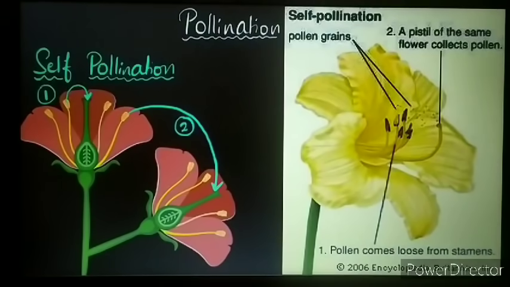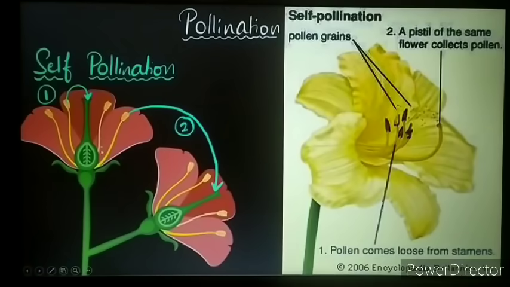Because the pollen grains are being transferred within the same plant, that is why we call, in both the cases, it is self-pollination. The pollination is happening itself. That is the whole idea behind self-pollination. For the first type of self-pollination, the flower needs to be bisexual, meaning it should be composed of both the